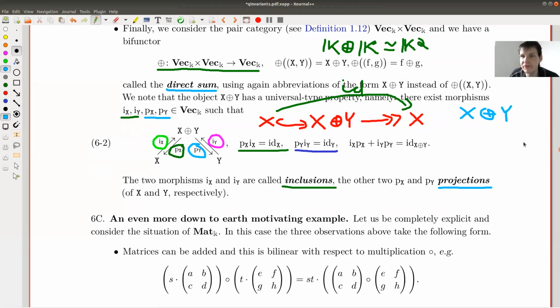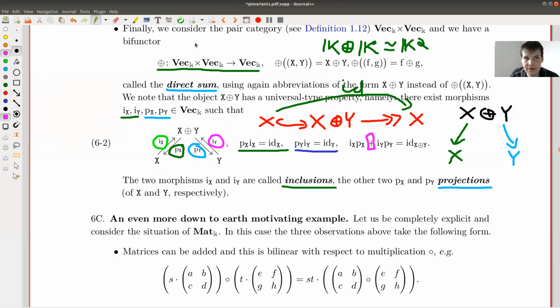So how can you create the identity on x plus y? Well, if you go down to x, you certainly lose the information of y, right? So let me make this in a different color. Green. Green is good. Maybe dark green. Okay. And if you go down to y, you also certainly lose information. And the way to not lose information, let me make this in black, the way to not lose information is to sum over both ways.